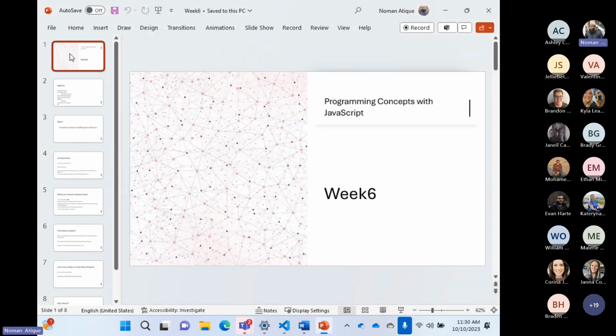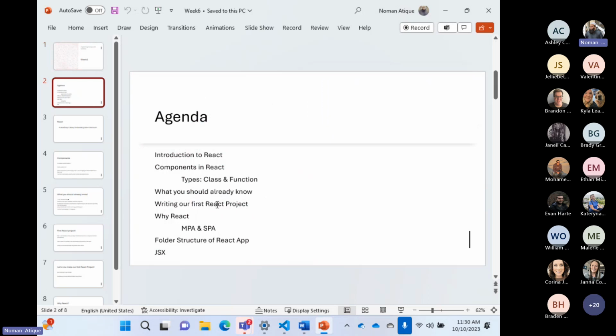So today, this is our week 6, and we will be talking about React. That's going to be a super cool tool that we will be discussing, and it is another technology that we have to discuss in these two courses.